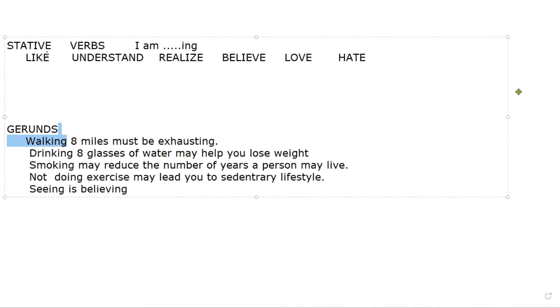Aquí los stative verbs no pueden ir con I am. Por ejemplo, I am liking. Eso no existe, ni lo van a ver jamás en la vida. I am liking, no. Pero a lo mejor el hecho de decir liking, eso sí lo van a ver. Porque ustedes incluso pueden decir en inglés, to my liking, para mi gusto. Pero fíjense cómo lo traduzco, para mi gusto. No les estoy diciendo me está gustando. Estoy diciendo para mi gusto, no sé, aprender otro idioma, lo que sea.